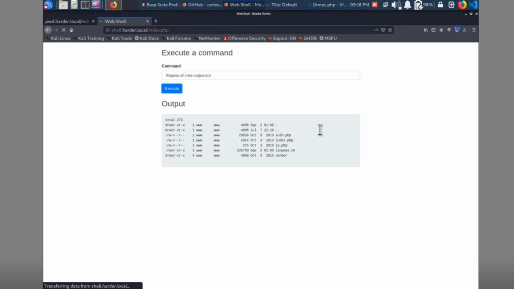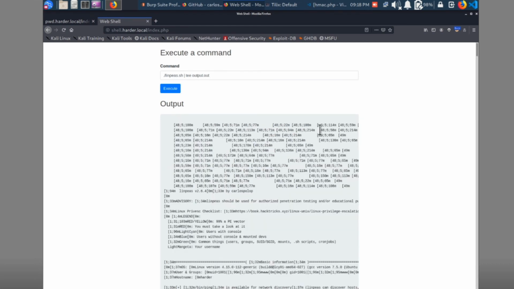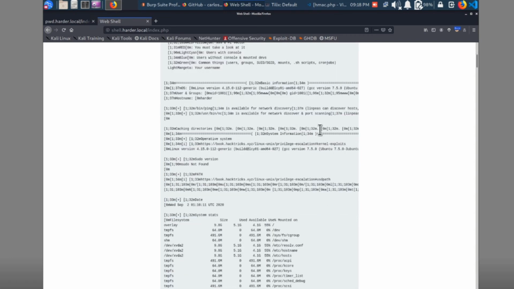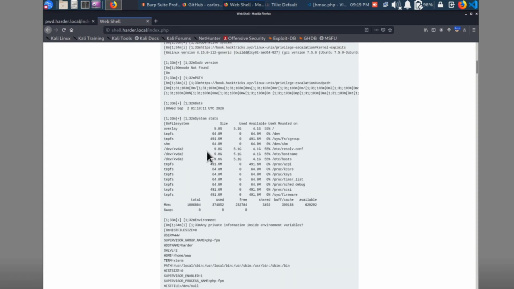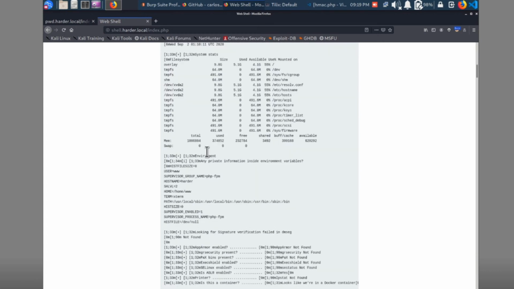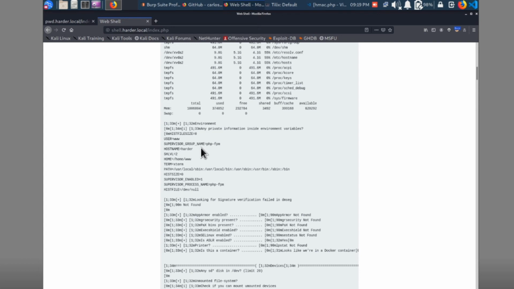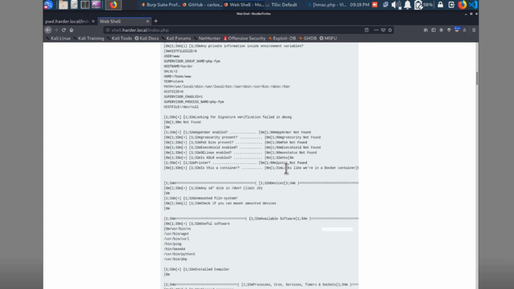So this might take a little bit, and the reason again is linpeas is pretty big, right? So we can see that it's running through all its information. We see that there's no sudo found. There's your mounted drives, some users. We see a supervisor group of php-fpm. AppArmor is not